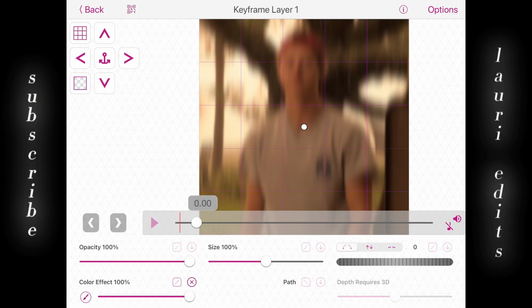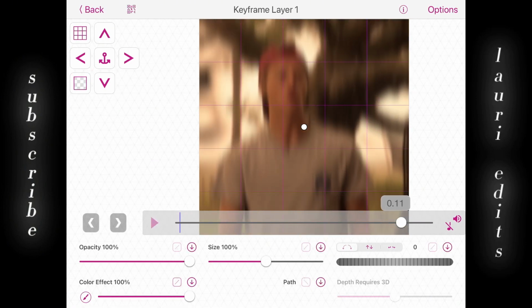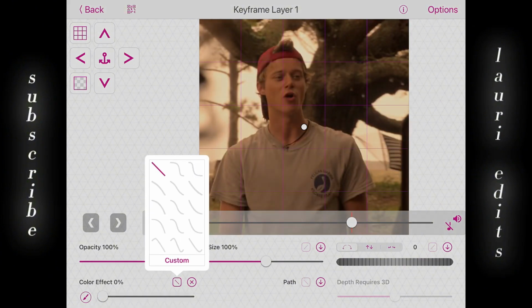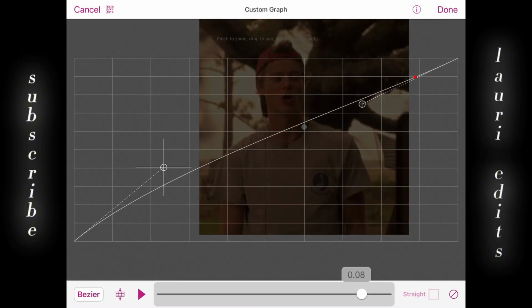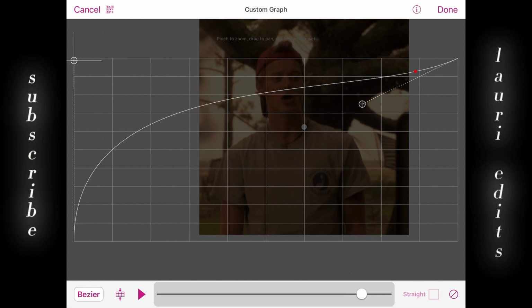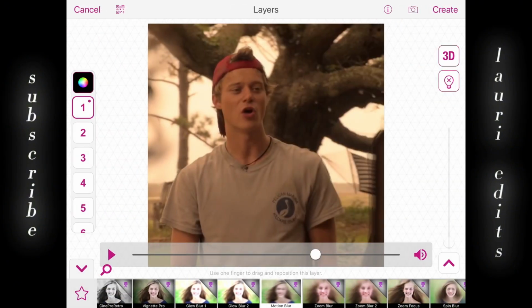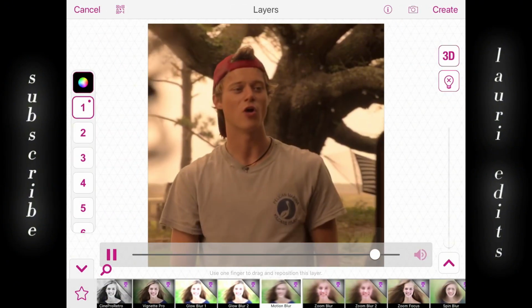Then you can go to like a little more than halfway and bring it down to 0 and do a basic out graph. Like so. Create,